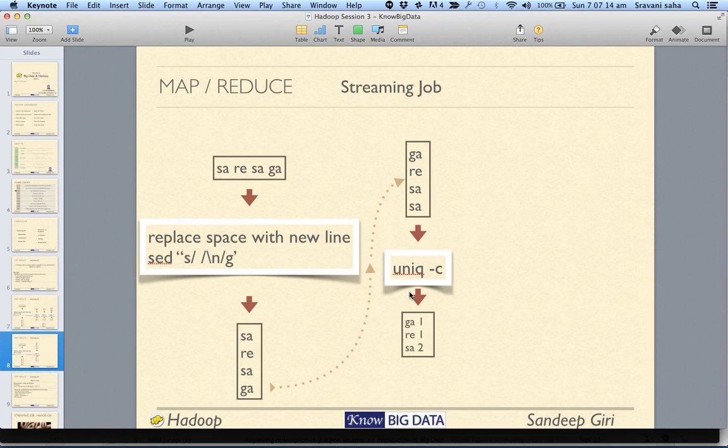All right, so this is the very simple example. What is being done by a streaming job is essentially your output of the mapper is being sorted by the streaming job, and then given to uniq. All right, so